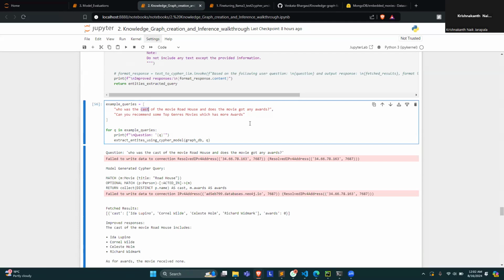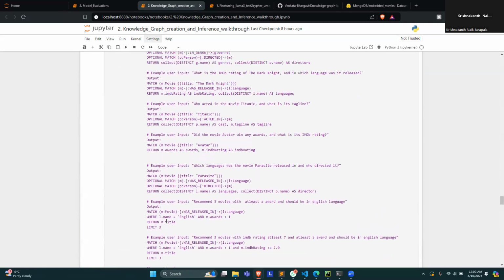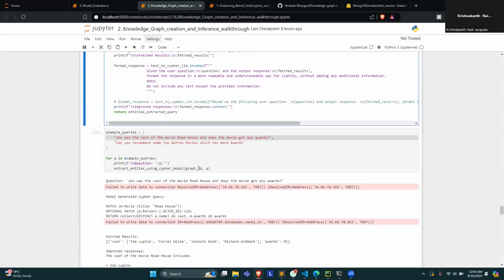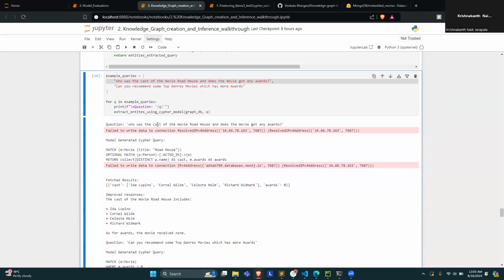So to overcome this, we first look at the user query, then we break down the user input and extract the relevant user entities, and we then map with the schema. So to validate all the extracted entities are available in the graph schema. So once we have that, we build the quality cipher query and we again validate the generated query and the